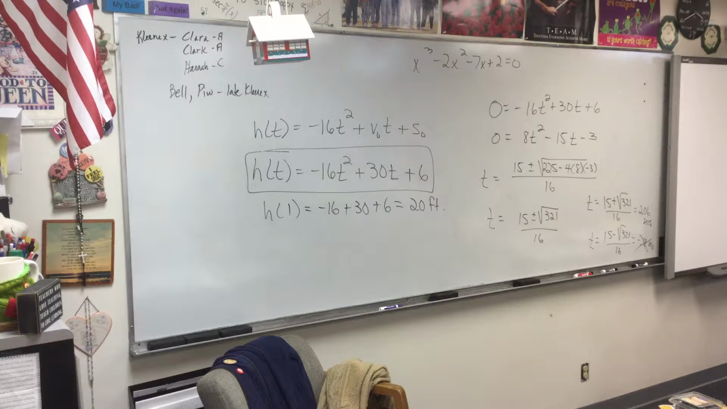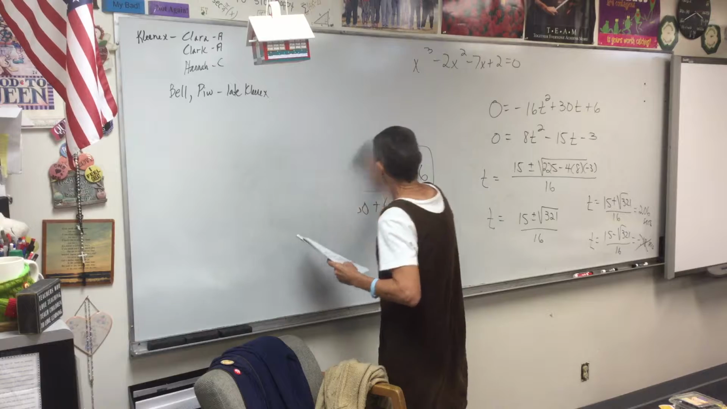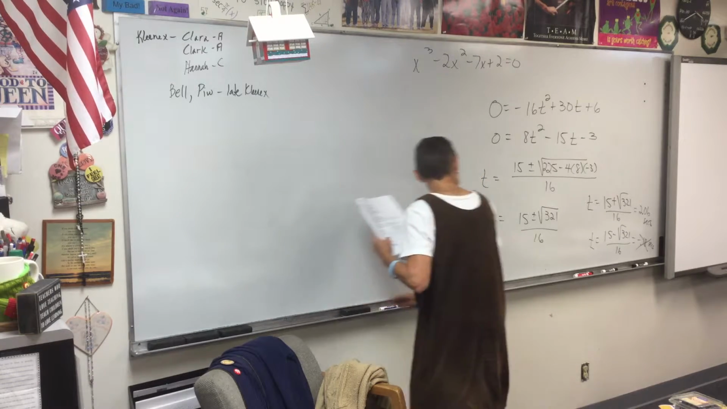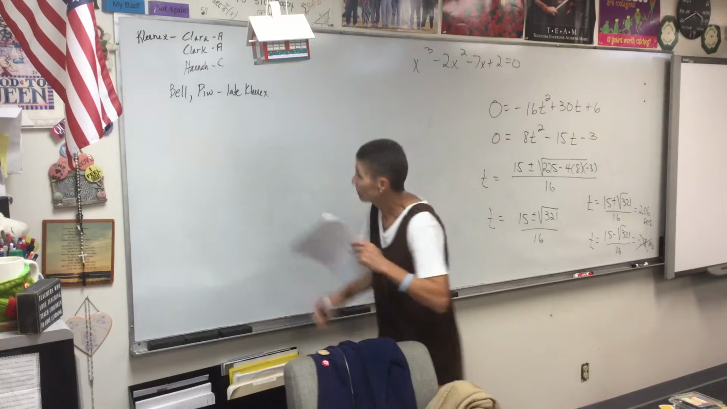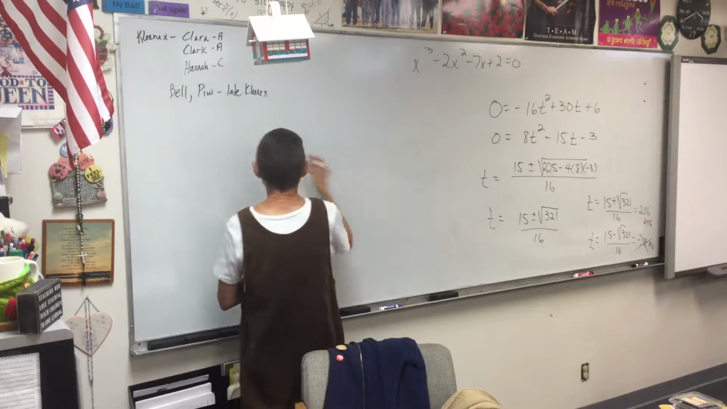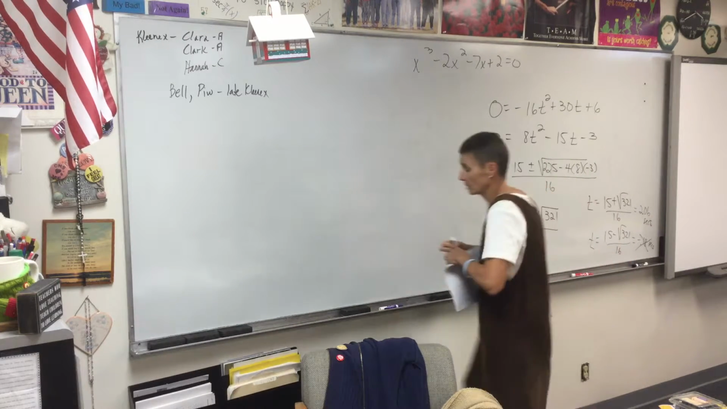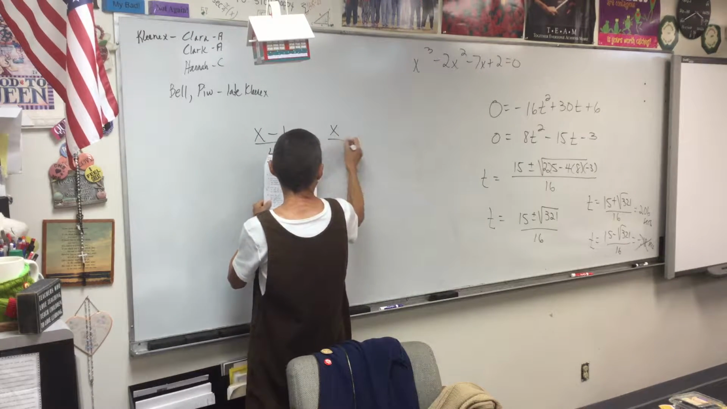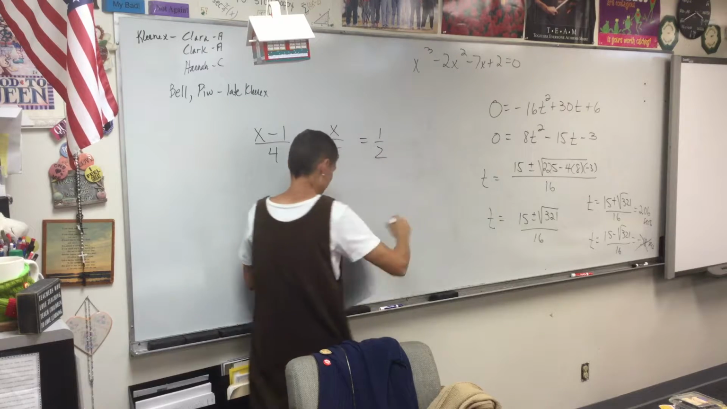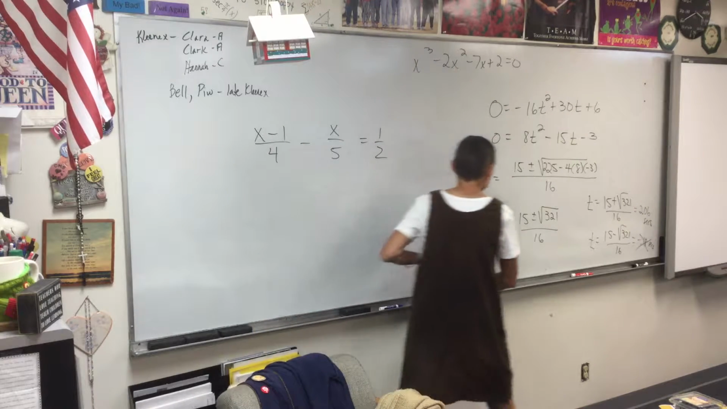Okay, we're looking at 5F, which is just solving a little rational equation. So we got x minus 1, this is on the review sheet, 5f. It's right there. Now we can solve this